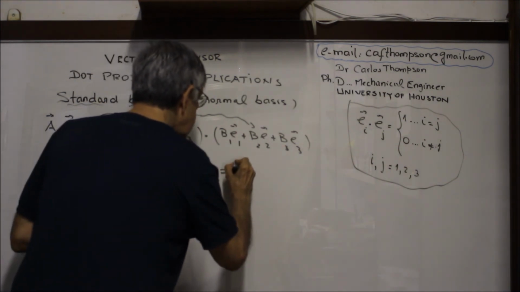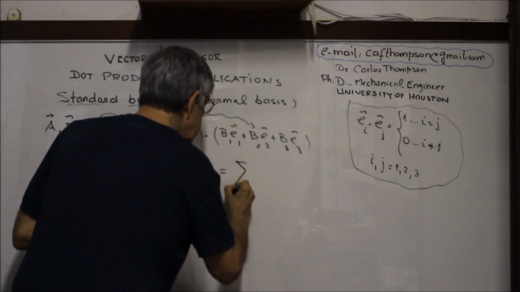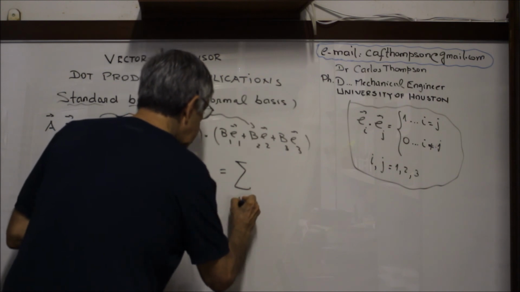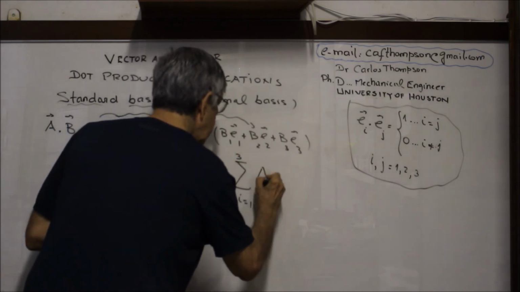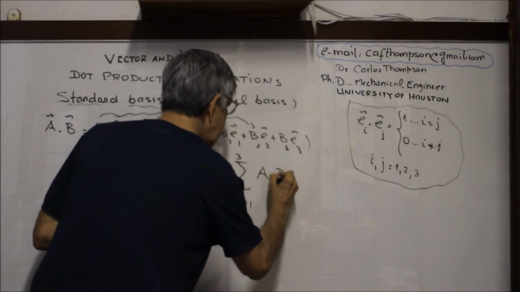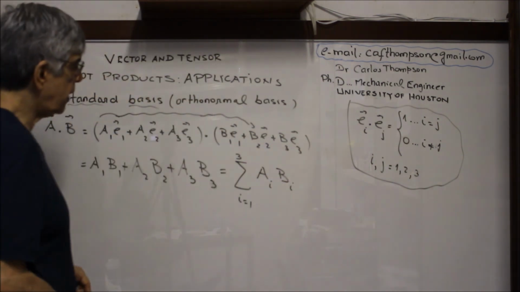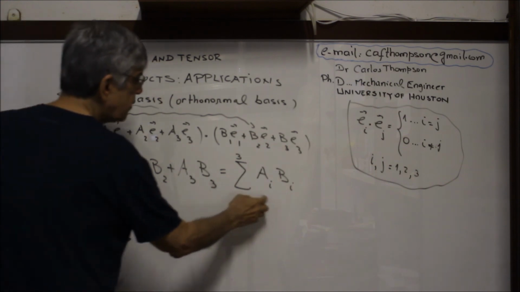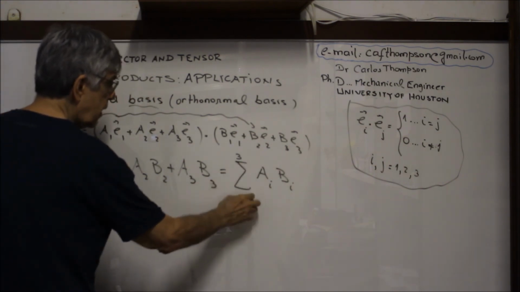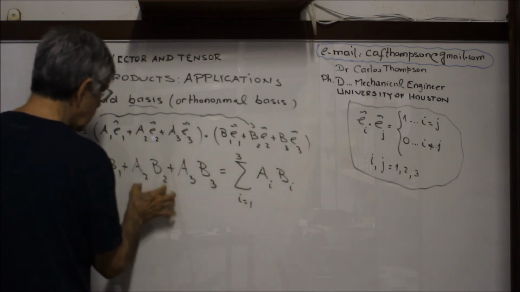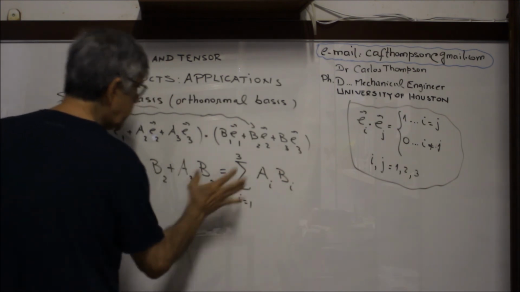Look, I put a sum here: the sum for i equal 1 to 3 of Ai Bi. Now for i equal 1, this A1 B1 is here. This is a summation, plus A2 B2 is here, plus A3 B3 is here. So